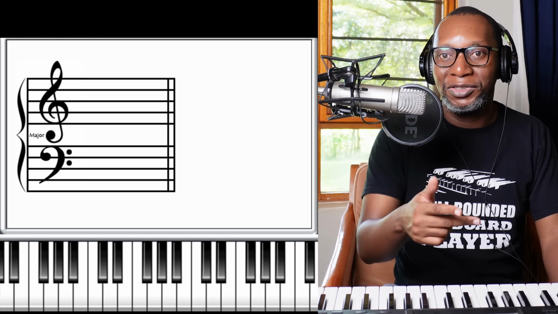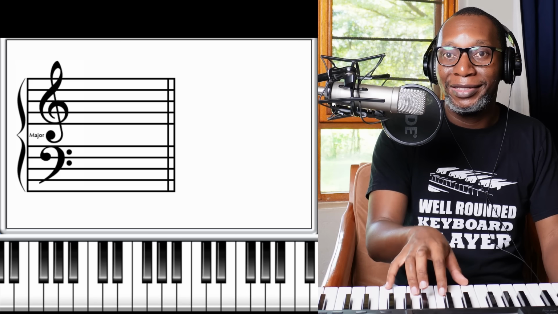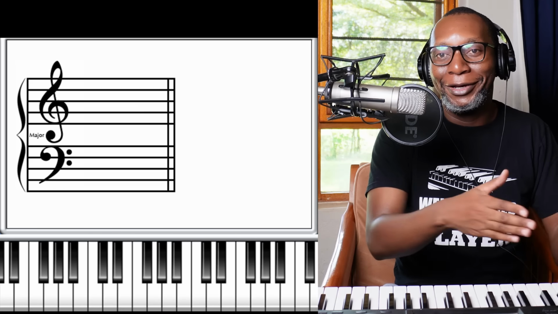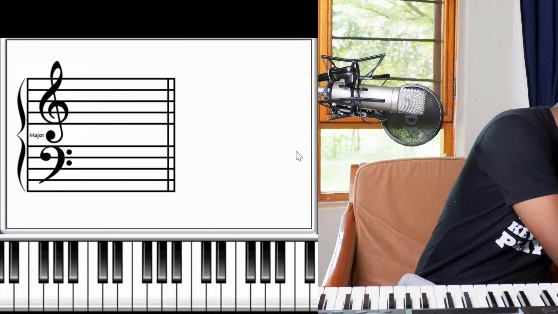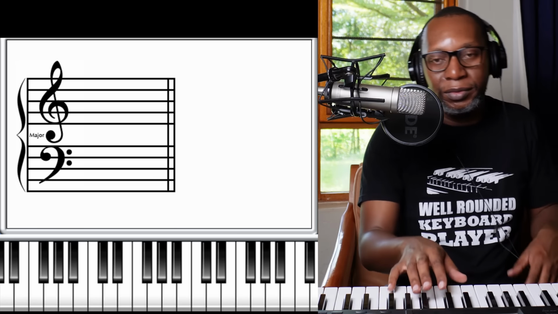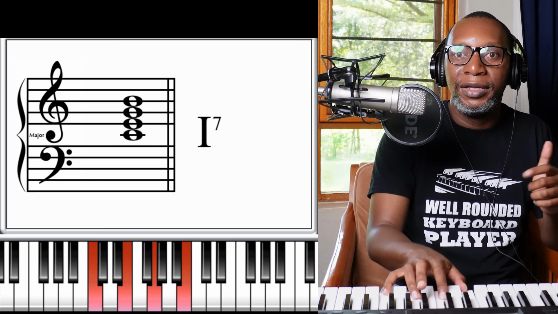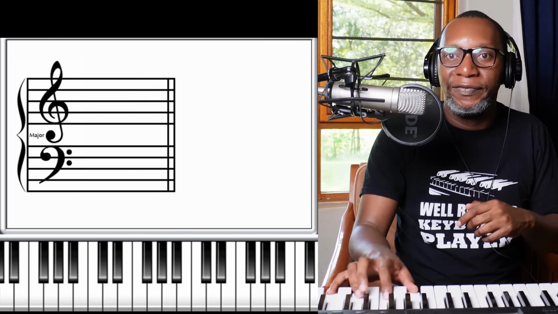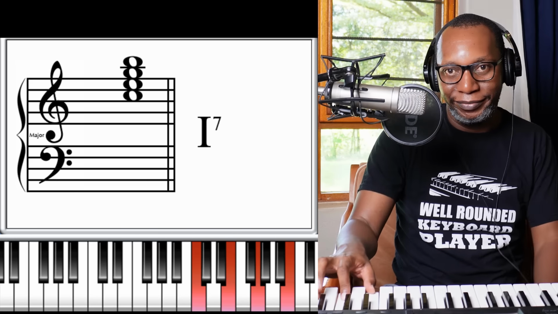So I want us to practice this together. I'm going to play a track that I've created, and you can practice these 7th chords of the C major scale. Okay, let's try that. I'll count us in. 1, 2, 3, 4. Going to go 1, then 2, and 3 and 4 and 5 and 6 and 7, then